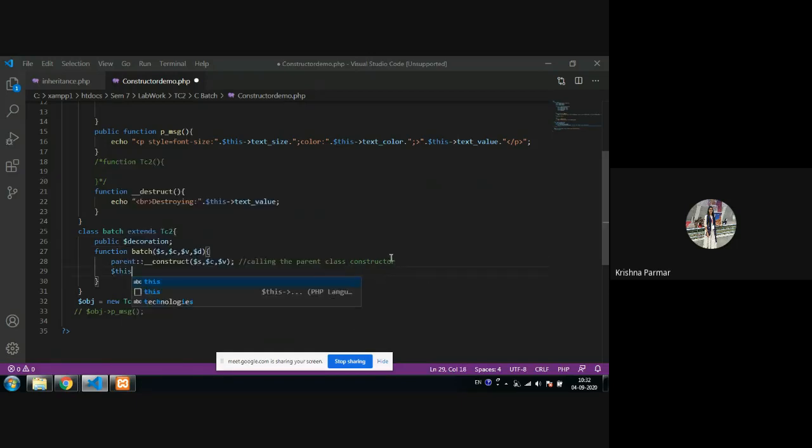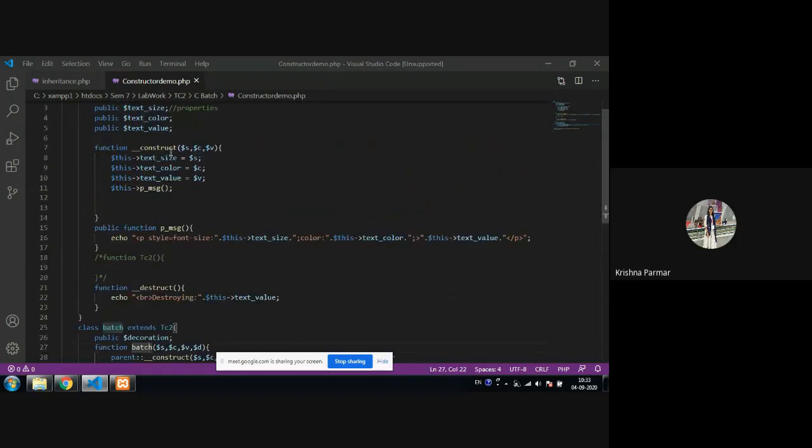So decoration equals D, because I am assigning it from the D variable. So now the D variable is assigned to this decoration. This is all about the constructor. This way we can create it using the class name, and another way is the construct.